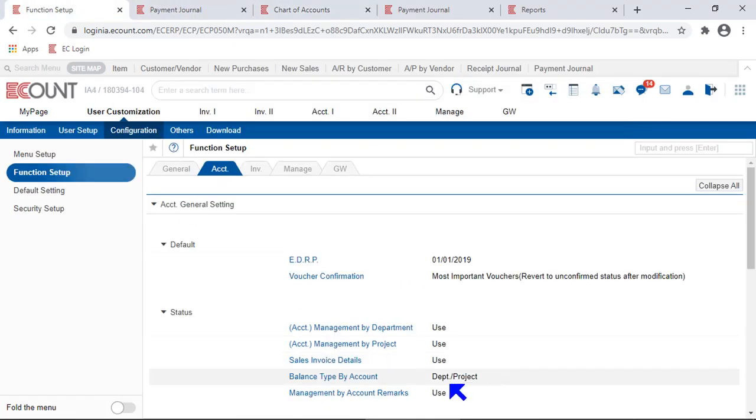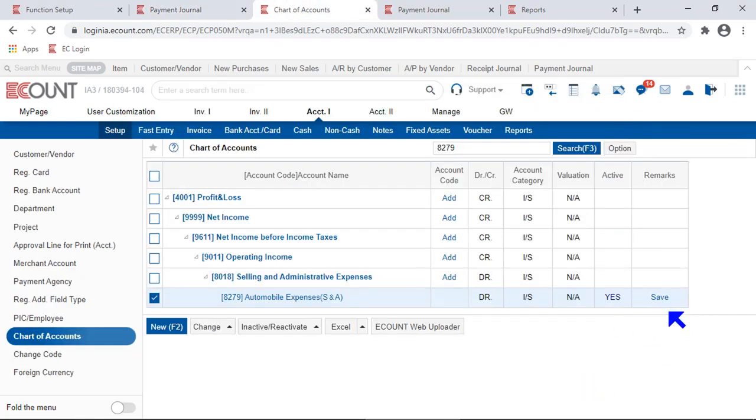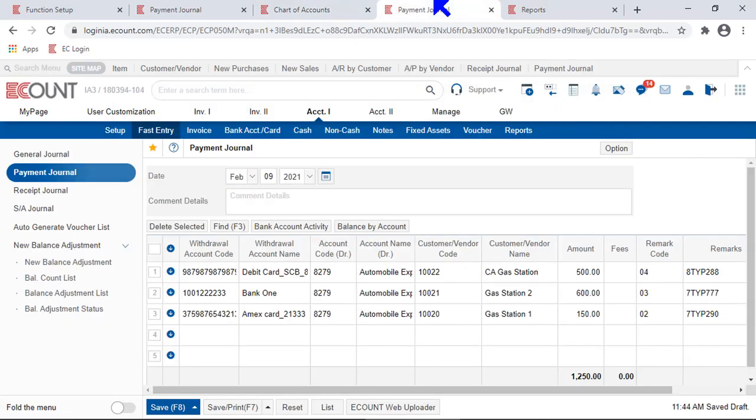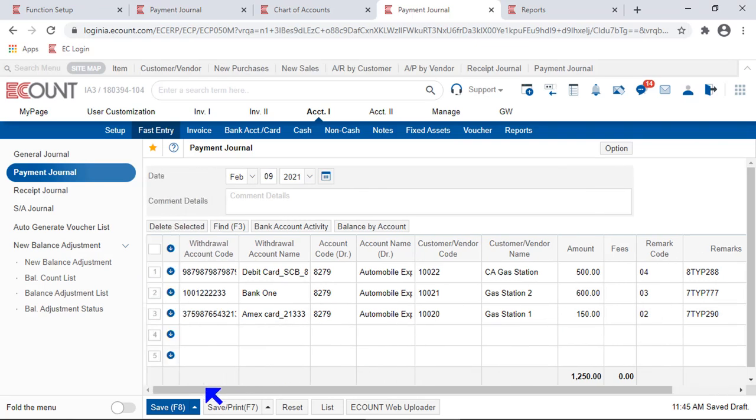And once you have enabled the function and added the input field for remark code and set up all the necessary remark codes, then you will be able to enter accounting vouchers with each remark code entered in each row. So I have entered the expenses from refueling for each car number. And if you click Save,